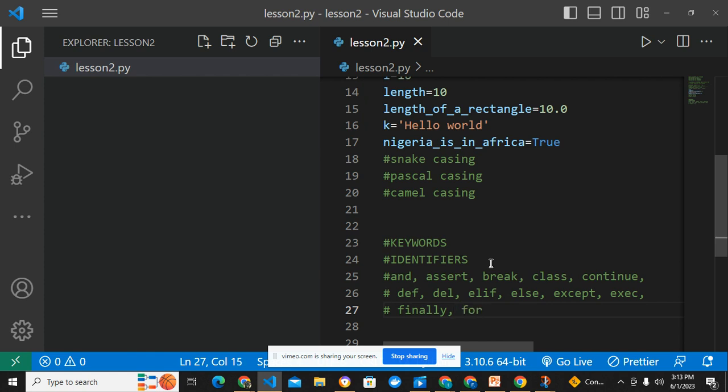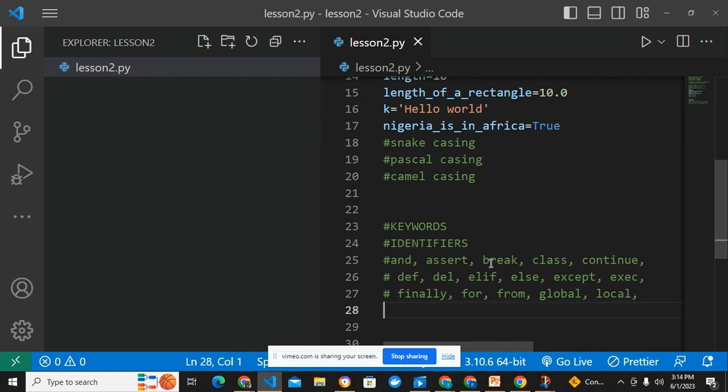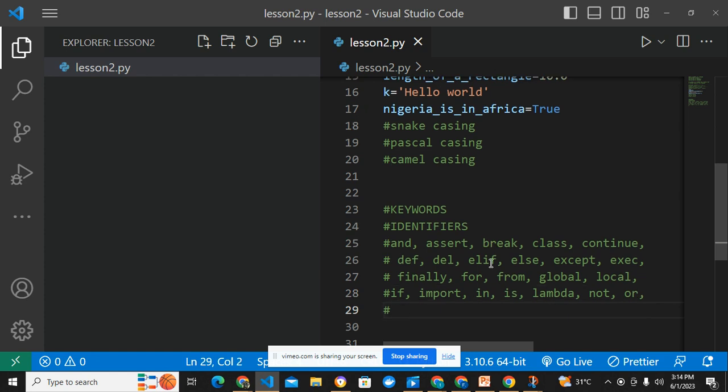We have for, we have from, we have global, we have local, we have if, we have import, we have in, we have is, we have lambda, we have not, we have or, we have pass,